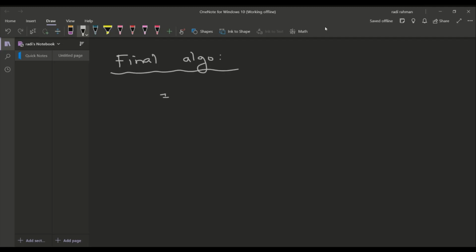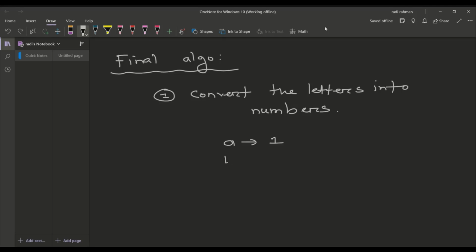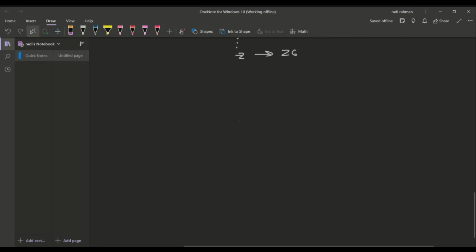So first convert the letters into numbers, right? Suppose A can be converted into 1, B can be 2, and Z can be 26. So after doing this, build your cumulative sum array,